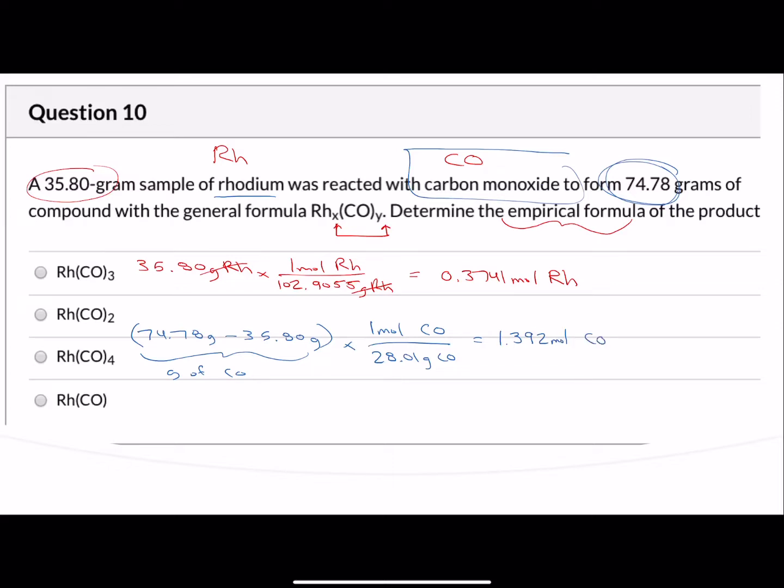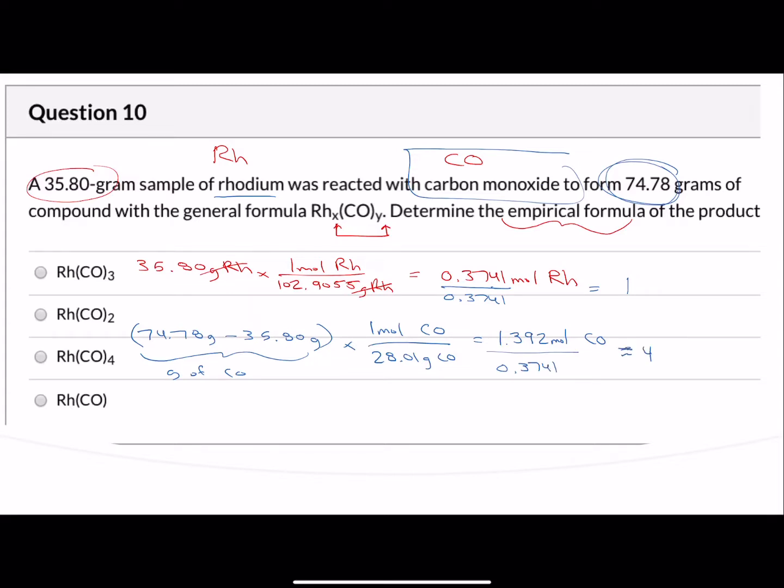Now, I find the fastest way to get to the next step to figure out the actual empirical formula is to divide both of these numbers, the number of moles, by the smallest number of moles. So if I divide this number by 0.3741, I end up with 1, of course. And if I do the same thing here, dividing by 0.3741, I end up with a number that's very close